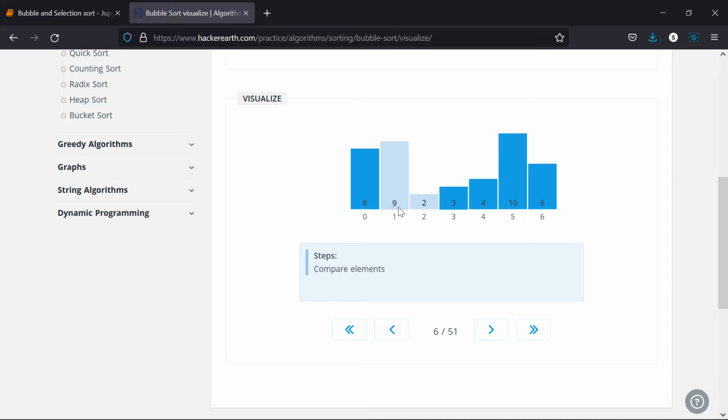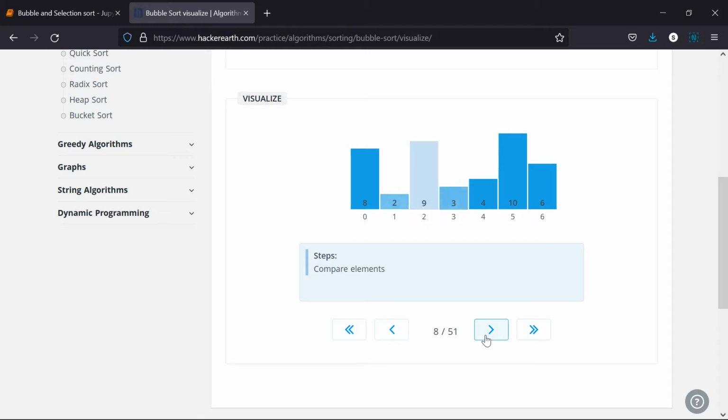The next comparison is between 9 and 2. If you compare 9 and 2, 2 is the lesser number, right? So it has to move to the position of 9, and 9 has to take the position of 2. So the elements have to be swapped. In the previous iteration, no swapping happened. In this iteration, we are going to swap these two elements in order to arrange them in ascending order. It is getting swapped, right?